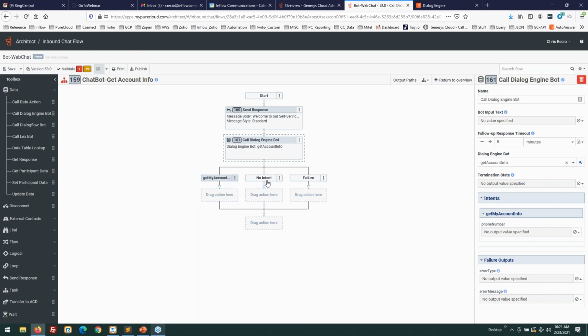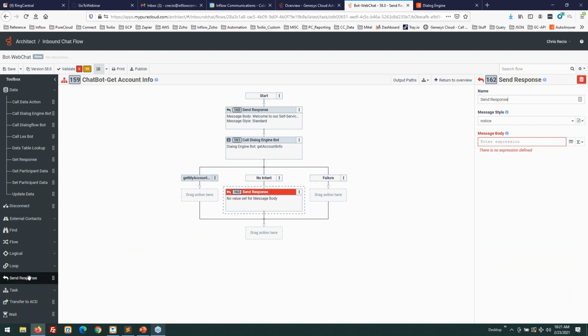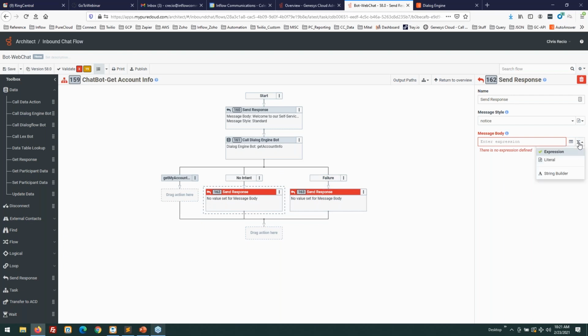Now, you'll notice that I have no intent and failure. This is oftentimes when someone asks a question that doesn't match your bot, and so you still want to send a message to the user. So I always configure the no intent, and I always configure the failure. And what I do here is I will change my discussion point on the right again to literal, and if I'm in the no intent, meaning I couldn't find a topic or an intent that matches what you're asking me, we could do something like this.